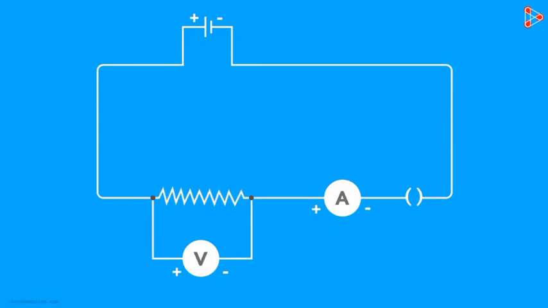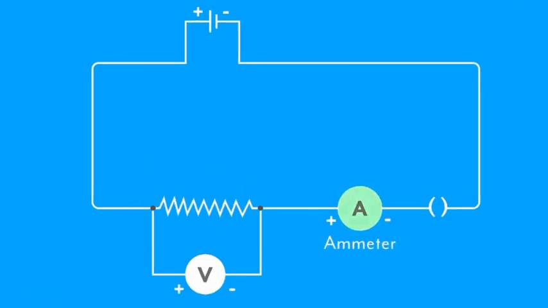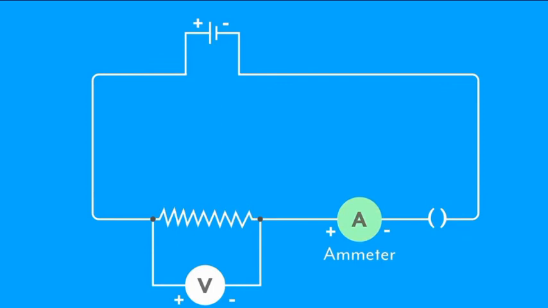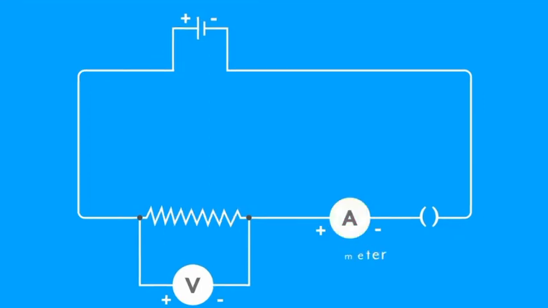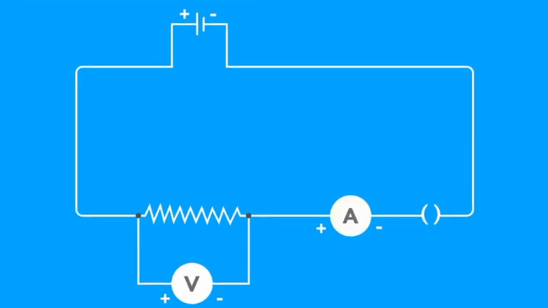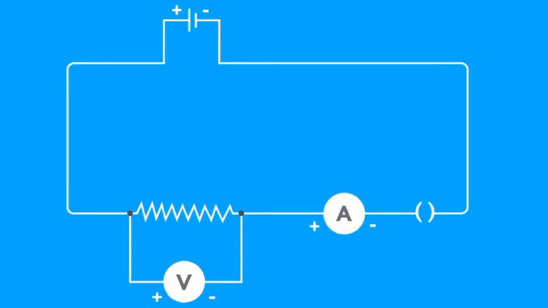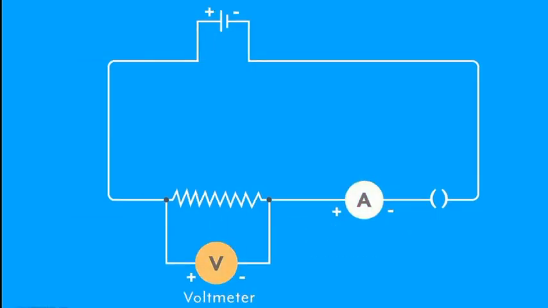First we have to connect these components in a particular manner to form a circuit. While considering electric circuits, we are already familiar that the ammeter should be connected in series and the voltmeter should be connected in parallel to the region where we want to measure the potential difference.